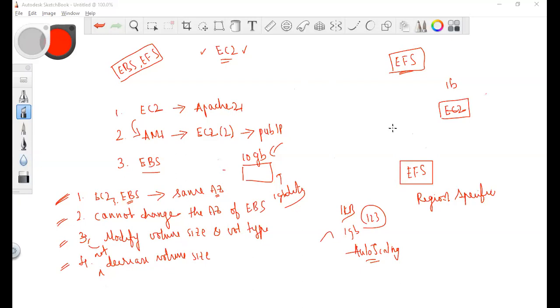And in EBS, if you have your EC2 instances in different availability zones, in order to use this EBS volume, you need to detach it and attach it, right? But this EFS supports a common